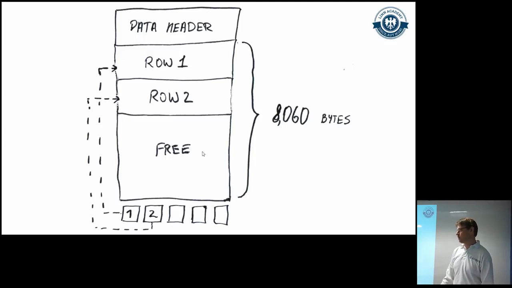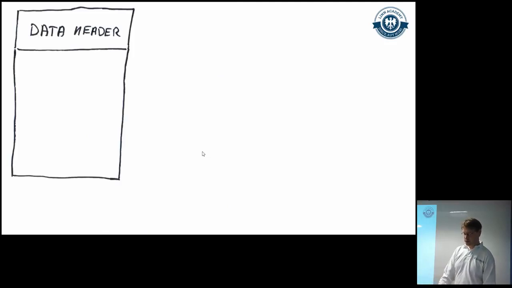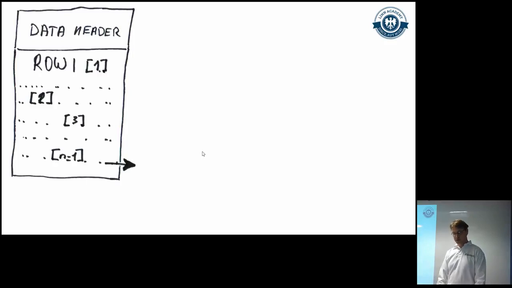Most of us have worked with SQL Server already, and you question yourself, well, how come that's not true? You can just create 3000 columns, and each one of those is going to have a length of 100, and you don't have any problems. The reason why SQL Server allows you to do it is because it can carry that row to the next page. So, for example, we have a